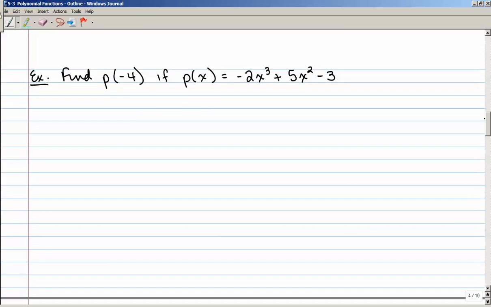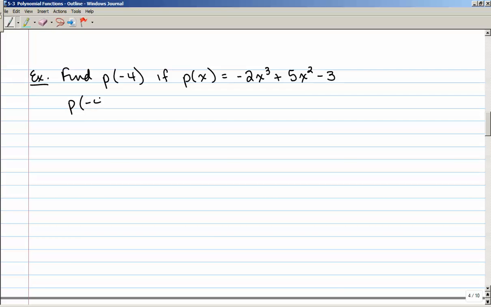So this says find p of negative 4 if p of x is negative 2x cubed plus 5x squared minus 3. Now, don't be thrown off by this p. I know most of the time we see f of x, but p, sometimes they use that if they're talking about like a polynomial function. So in order to evaluate p of negative 4,